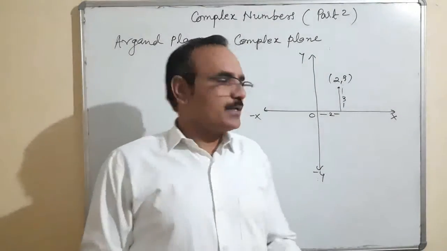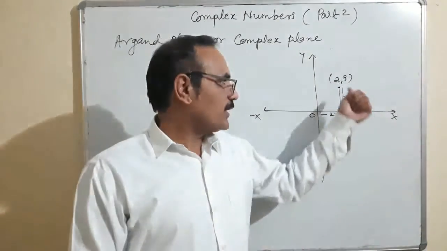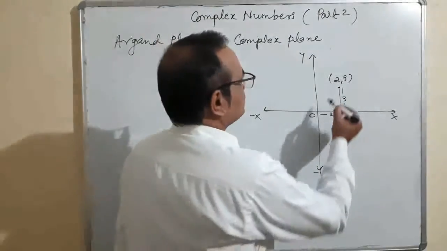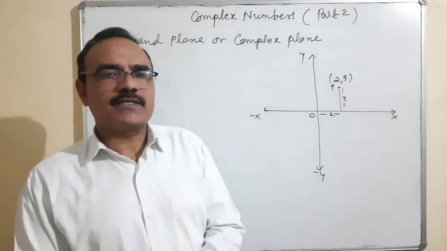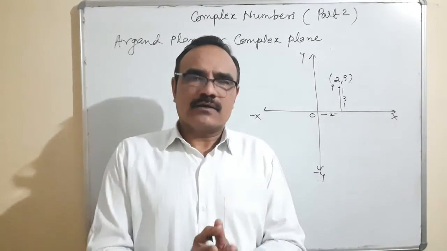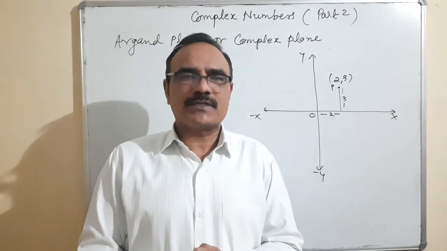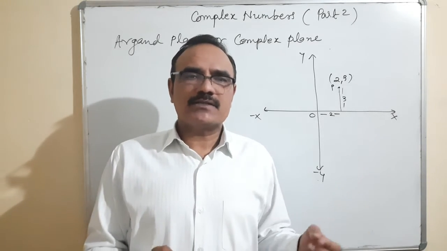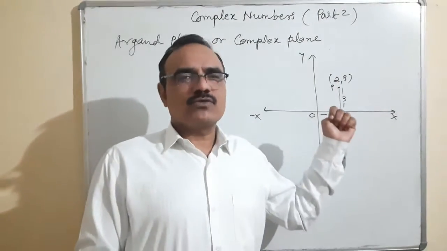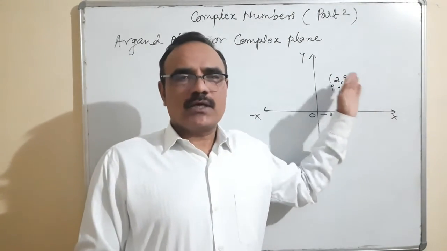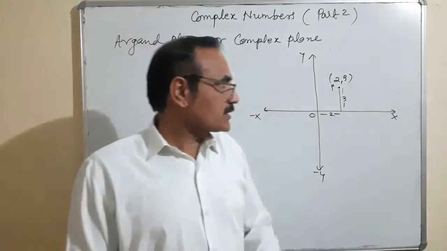That means the intercept on the x-axis is 2 and the intercept on the y-axis is 3. The point is 2, 3. This is the simple representation of the Cartesian system, the Cartesian pair. If you represent numbers on the Cartesian plane, they come in the form of pairs, 2, 3, minus 2, 3, or whatever it is. All the numbers lie in the first, second, third, and fourth quadrants. So it is called the Cartesian plane.